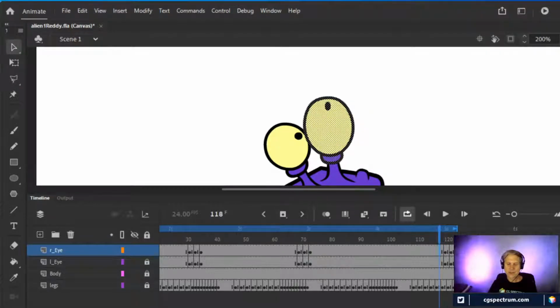Let's see if I can do this real quick. Just grab them as a unit and then bam, now it's doing it sooner. Now it's not doing it where it was before. I just dragged them and then they're moving faster. So it was very easy to play with the timing on this and come up with the results that I wanted, which were this kind of alien but cartoony, funny look.